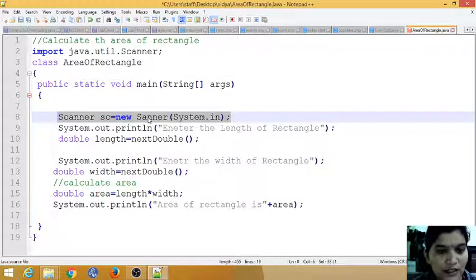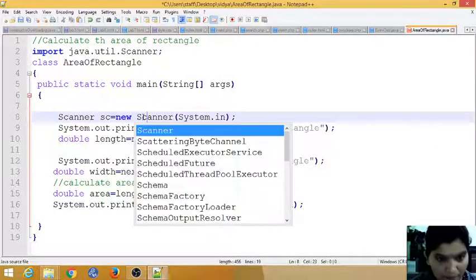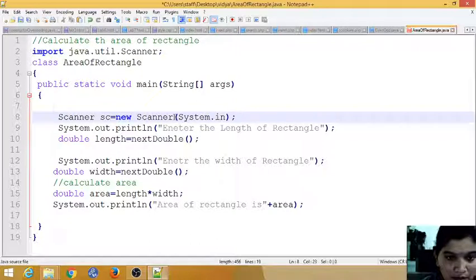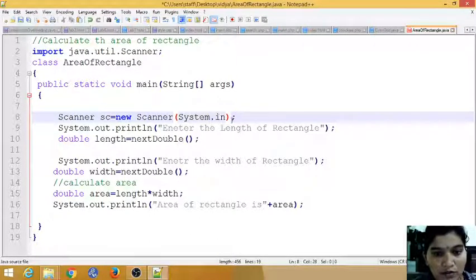It is necessary to get the input from the user. Here is a spelling mistake, Scanner. Done. System.in is what it handles, for getting the data from the user.